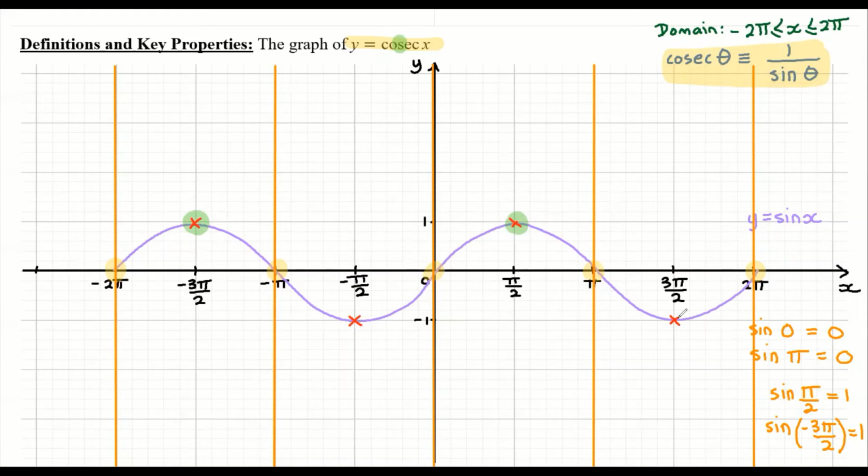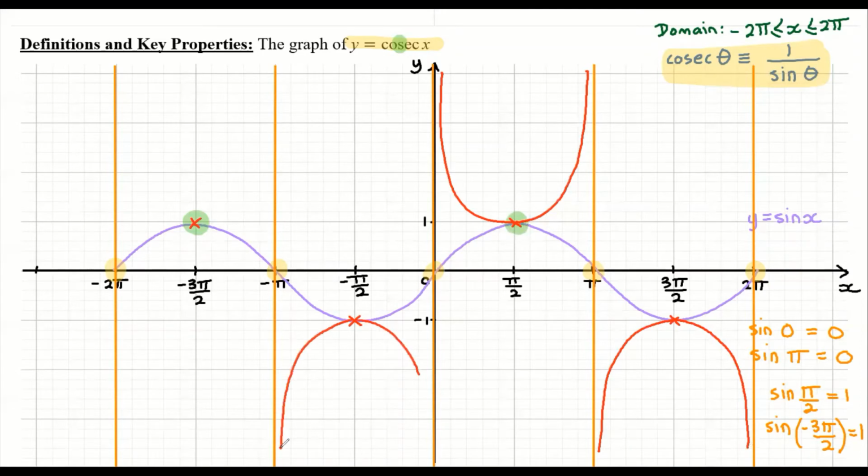Now, just to fill in what's going to happen, the maxima and minima are going to be inverted because it's a reciprocal. So I'm now going to get this kind of asymptotic behavior between 0 and pi, like so. I'm going to be changing from a minimum to a maximum between pi and 2 pi. Same story between negative pi and 0. These are asymptotes, of course, so the graph never actually touches them. And between negative 2 pi and negative pi. So the red graph, this is going to be y equals cosec